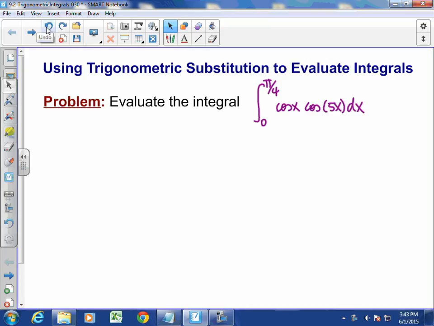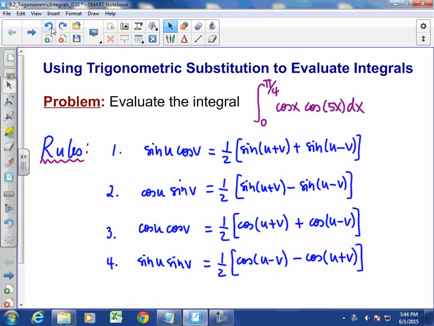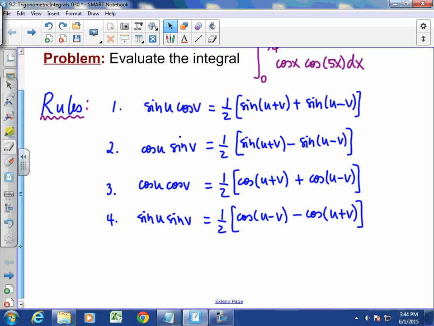So we have a rule for cosine u cosine v. These are all the four major rules that we use, and the one appropriate in our case is cosine u times cosine v, which means rule number 3 here. So for the given problem,